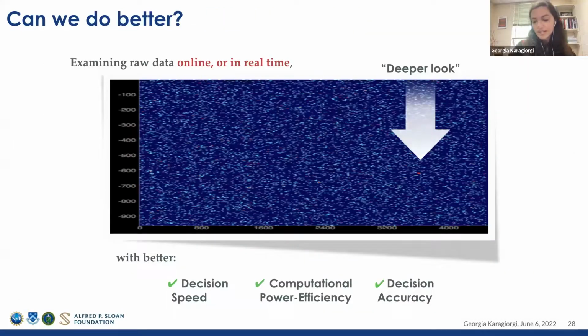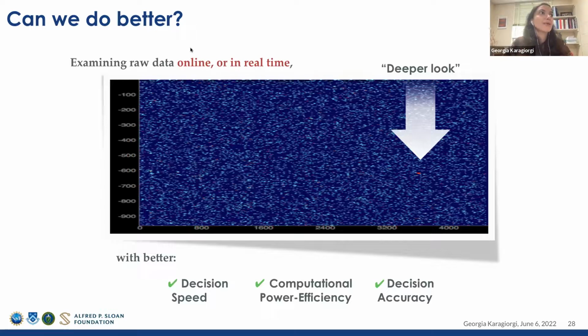But this is all work that has been done and applied offline, as I mentioned, with the luxury of being able to run your algorithms for as long as is needed for training and inference, but also with as many computational resources as you can almost get your hands on at will. So can we do better? And in particular, can we do all of this data processing and data analysis online, as the data comes in right out of our detector, or in real time as we receive it?